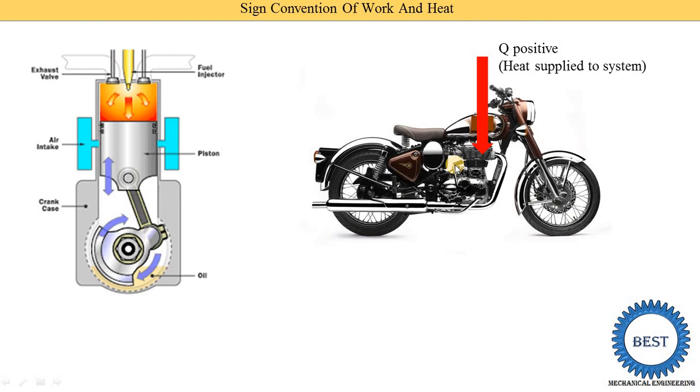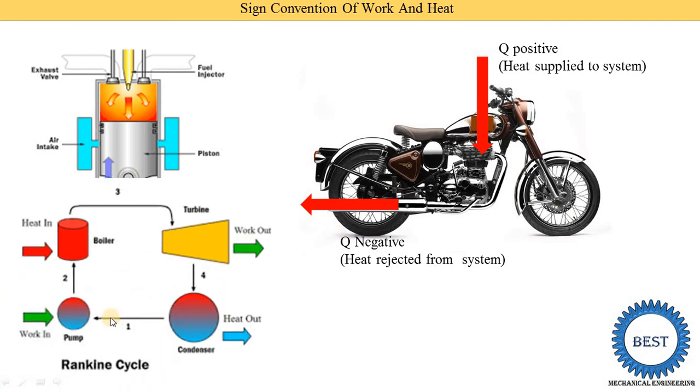Now in a silencer, heat is rejected to the atmosphere. So when we reject the heat to the atmosphere, our heat energy is lost, so it is a waste of energy. When the heat energy is going to waste, or heat is rejected from the system to the surroundings, it is considered that Q is negative. So here you can understand it clearly. Now in a steam power plant, for the work we consider the pump and turbine. Here you see in a steam power plant the boiler is also there. In a boiler we supply some fuel. The fuel starts the combustion and heat energy is released. That means we supply the heat, it is considered as